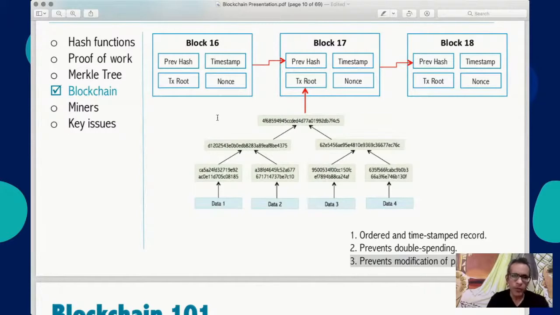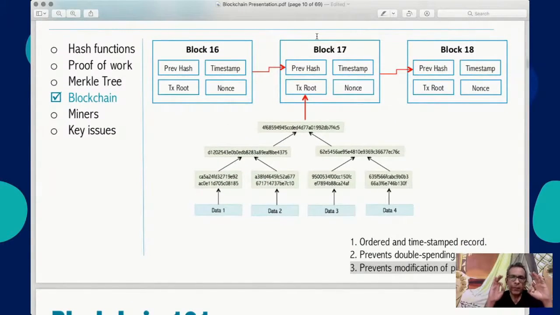Just to give you a brief overview of what we discussed. So blockchain started with block number 0. In this example, we are starting with block number 17. Every block header, this part is the header of the block. This, you could say, is the data of the block or the content. Every block knows the hash of the previous block.